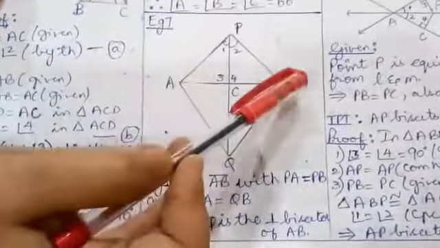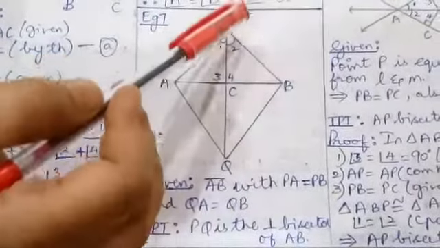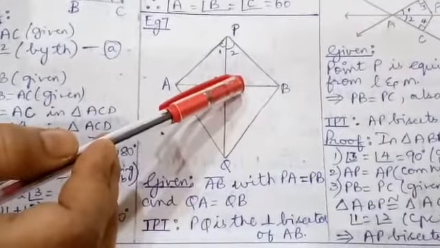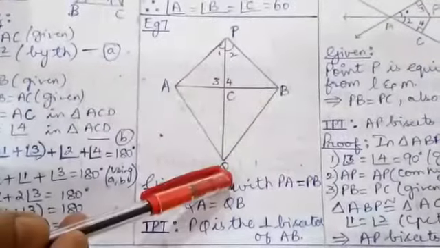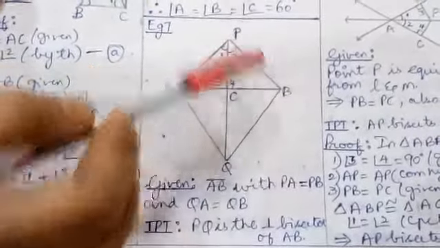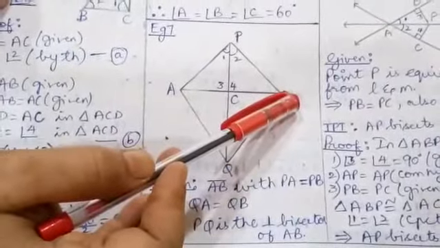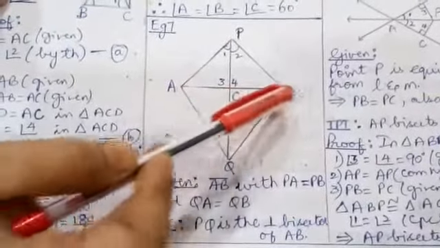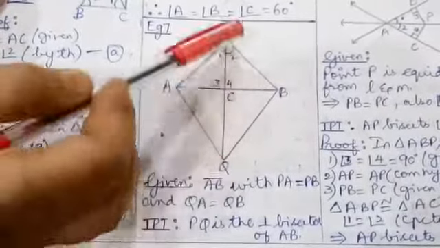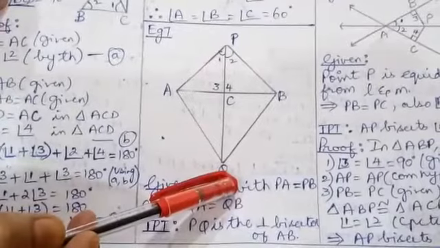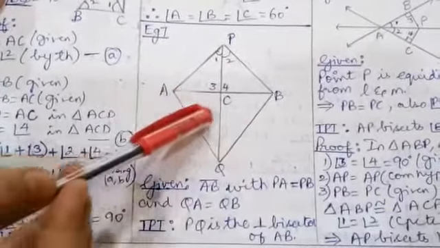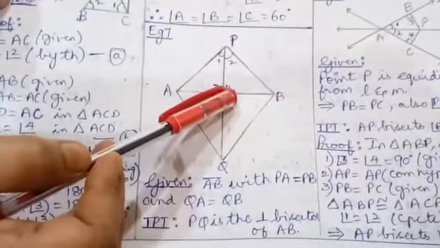The point where the two line segments meet must be a right angle. That proves PQ is perpendicular to AB. Now to prove that PQ bisects AB, we need to show that AC equals BC. PQ bisects, meaning PQ cuts AB into two equal halves, is what we have to prove. For that we need to prove that AC equals BC.